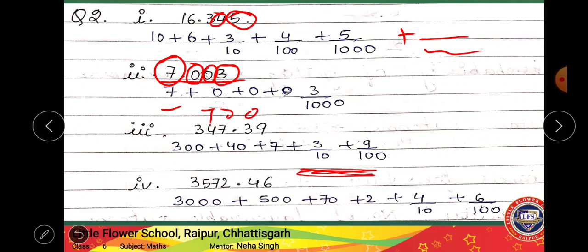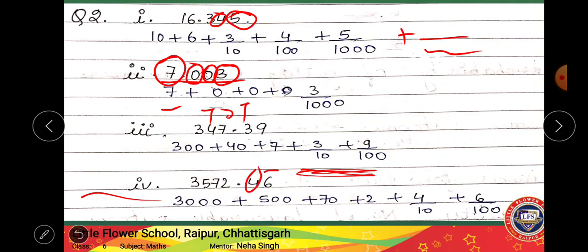Here this is tens, and here it is hundreds. So tens will be divided by 10, 3 by 10, and hundreds will be divided by 100, 9 by 100. Okay. Fourth one, now again it is ones place, tens place, hundreds place, thousands place, right? So 3000 plus 500 plus 70 plus 2,